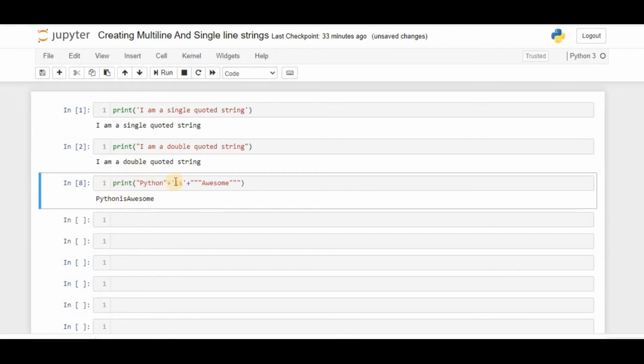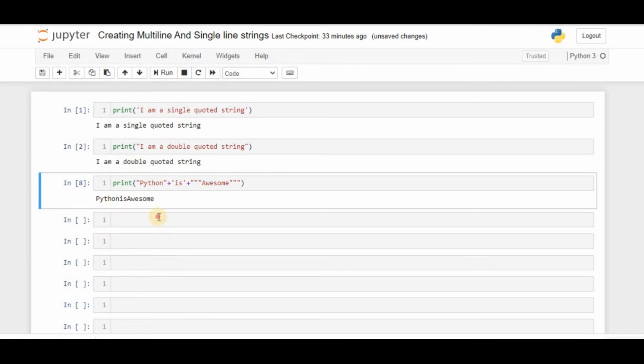Now I invoked double quotes, single quotes and 3 double quotes. See here, Python is given in double quotes, is is given in single quotes, and awesome is given in 3 double quotes. Python will print this normally by using string concatenation, and it prints out as Python is awesome.